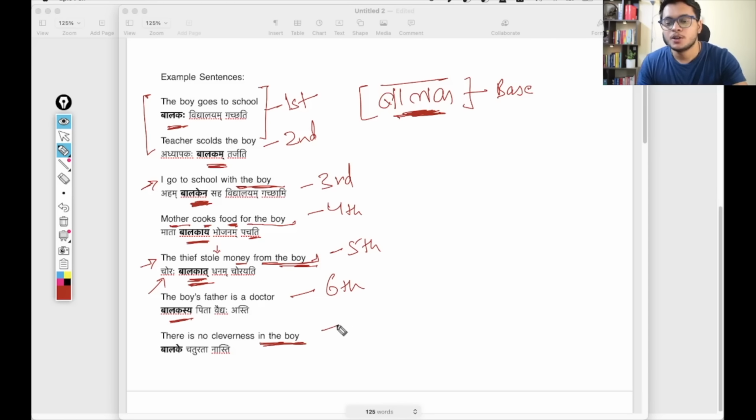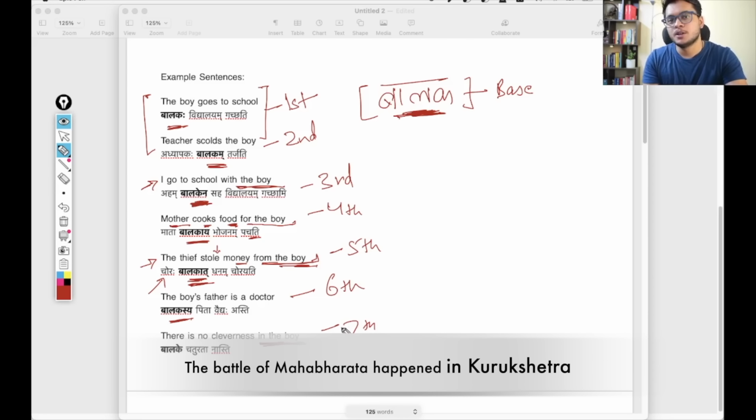In the boy. So whenever you want to show position or location with respect to the noun, you use seventh case. Suppose I give you another example. The battle of Mahabharat happened in Kurukshetra. You remember the first Gita shloka, first two word example we took in the last videos. Dharmakshetre, Kurukshetre. So in that shloka, Dhritarashtra is asking Sanjay that Sanjay, all the warriors that gathered in Kurukshetra, in battlefield. So whenever you want to show the position or location with respect to the noun, you use the seventh